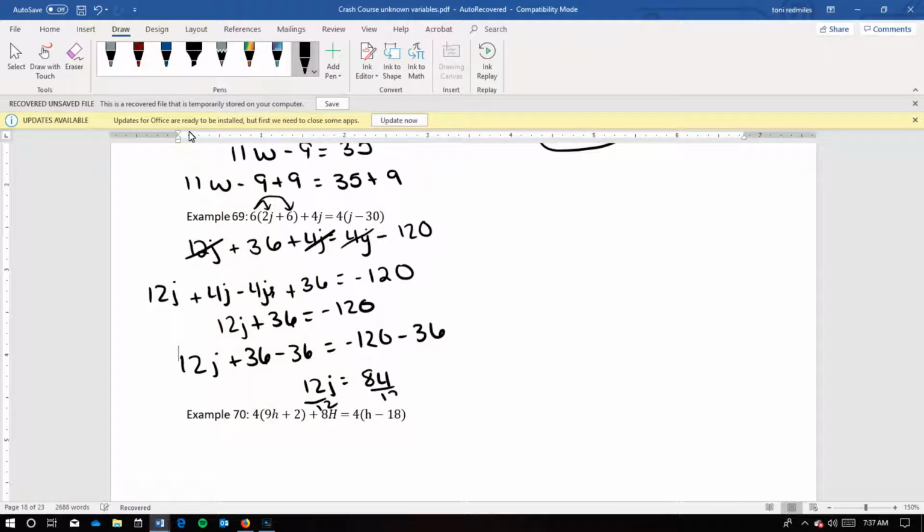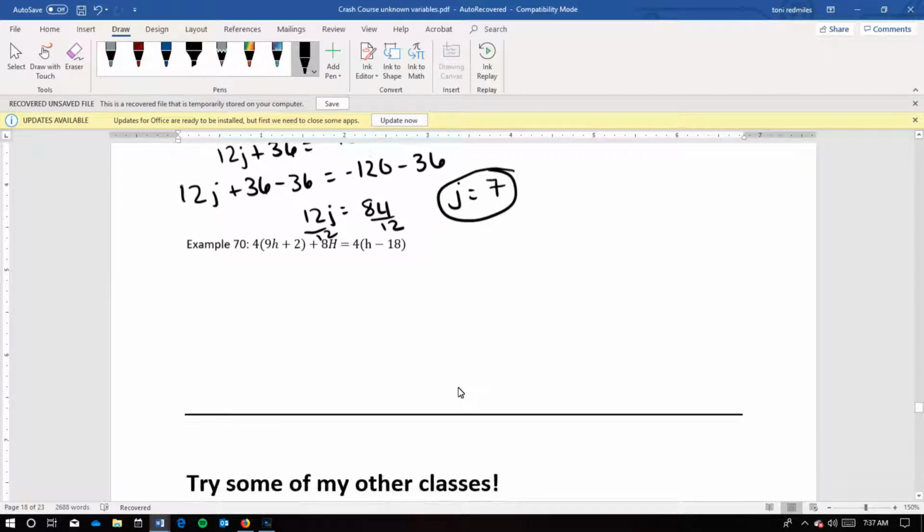Then I have to divide it, and I'm pretty sure I know, but let me double check this. Yeah, 7. So 12 goes into 84 7 times. All right, our last one. Let's see if we can do it quickly. So 4 times 9h is going to be a 36h. 4 times 2 is going to be 8